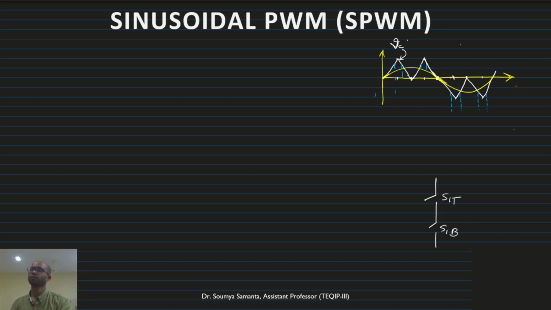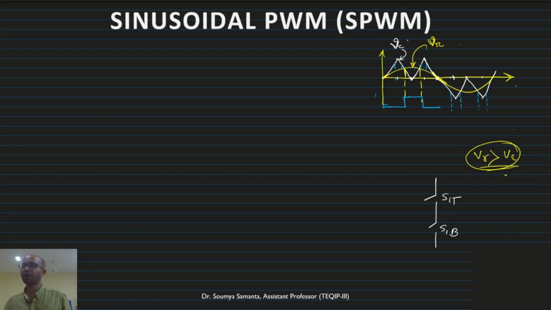So now what is the condition? Condition is that once VR is greater than VC, then we will get the 1. Otherwise 0. So when the VR is greater than VC, this is the point. This is the VR. Now VR is greater than VC. This is the point where VR is greater than VC. So in this point, what we can get? Suppose before that it will be 0. So this will be 0. Here it will be 1. Then it will be 0. And then we will continue this part. So this is the pulse.